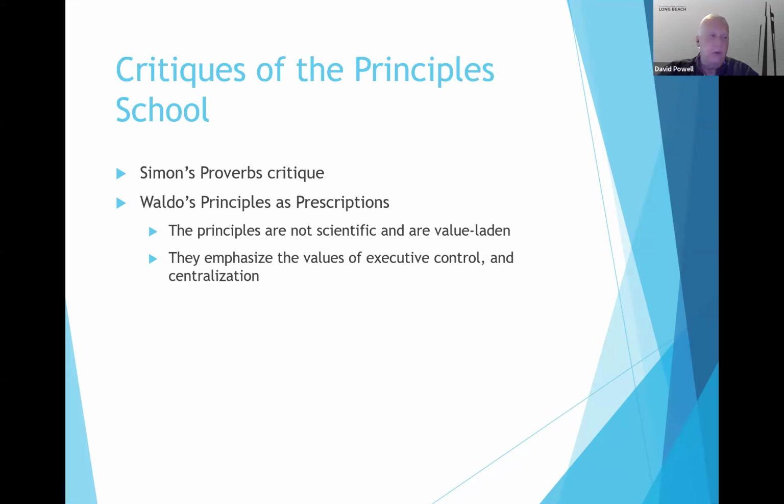Gulick and their principal school by going back, as we do with everything, and looking at the models of organizational effectiveness that they favor. Clearly here, we're still on the control part of the matrix. So we've got the rational goal model and the internal process model, very much a top-down type of control orientation. In terms of our mechanisms for coordination and control, there's a lot of direct supervision here. There is standardization of principles, but there's a lot of direct supervision, very much a top-down centralizing approach, as Dwight Waldo tells us.